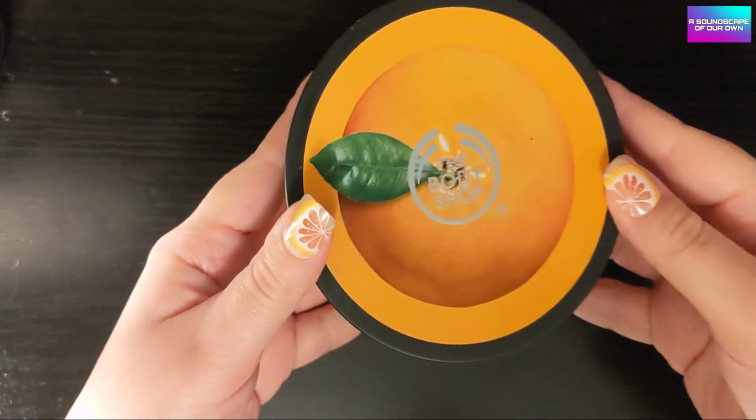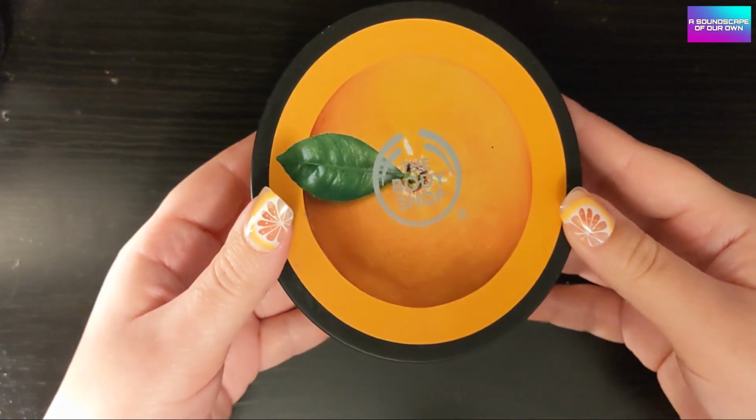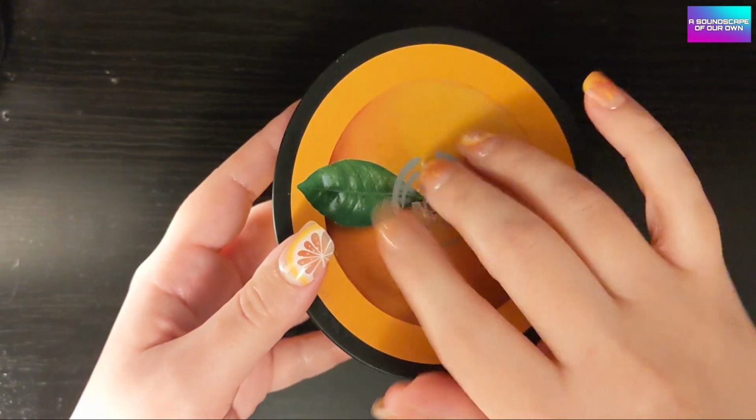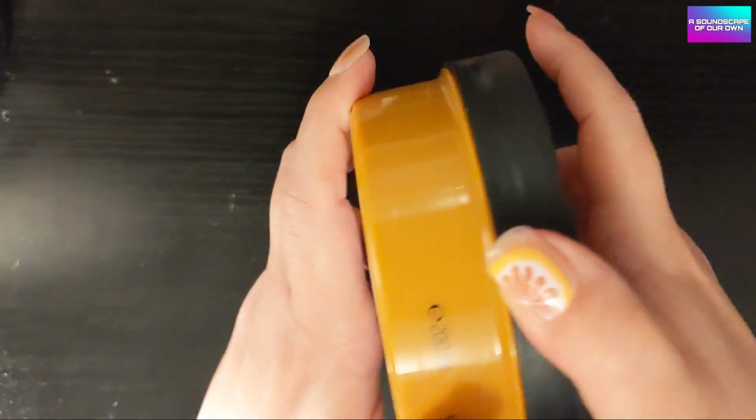It is the Body Shop's Satsuma Body Butter. That's right. The most unimportant thing in the world. The Satsuma Body Butter from the Body Shop. As you can see,